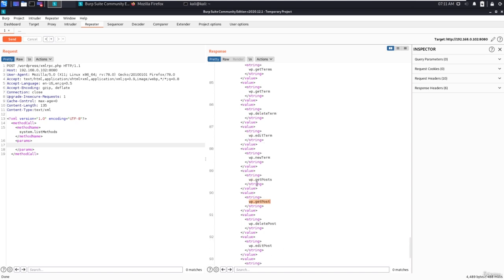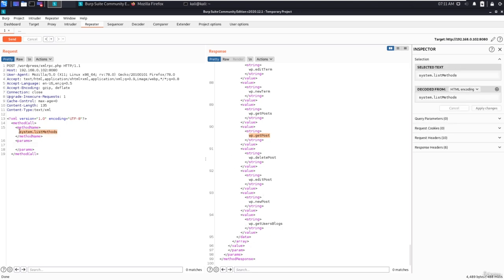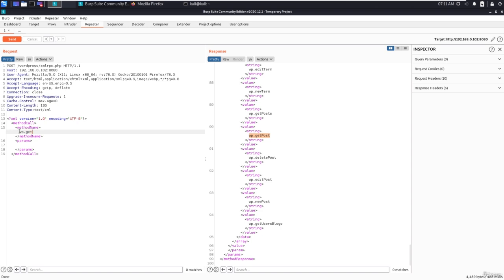The methods starting with get are called generic getters, and the methods starting with set are called setters. So you can try any of the getter methods here. You need to pass the parameters. So let's say wp.getUsersBlogs,